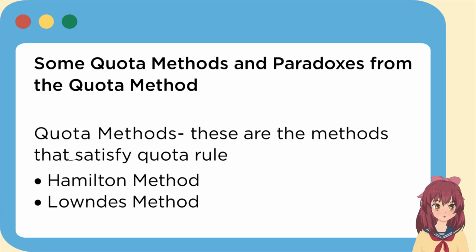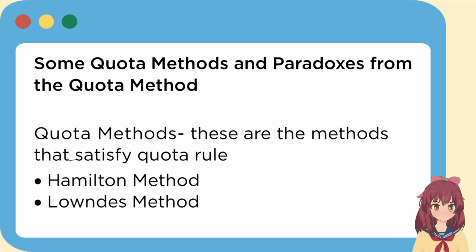We go to some quota methods and paradoxes from quota method. There are two methods that we are going to discuss, namely the Hamilton method and the Lowness method. Both methods satisfy the quota rule. So in the next slide, to further explain this method, we are going to look into a situation where there